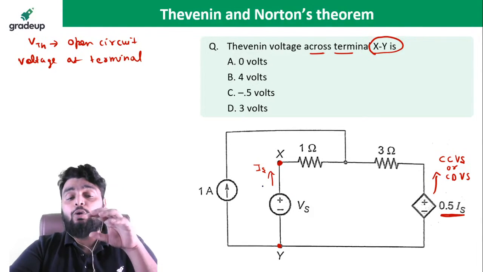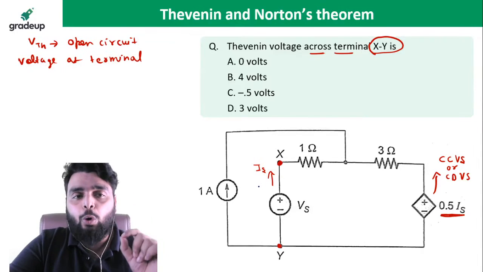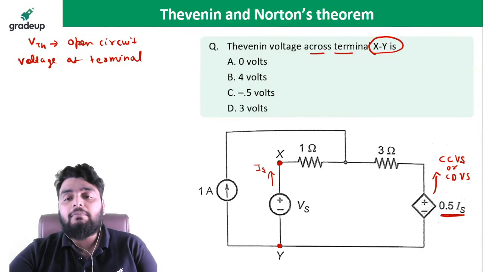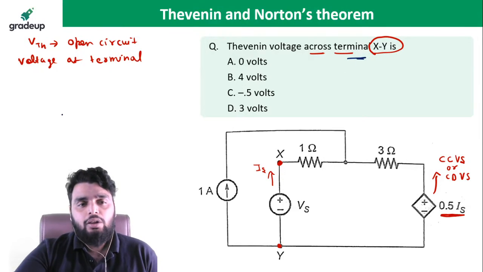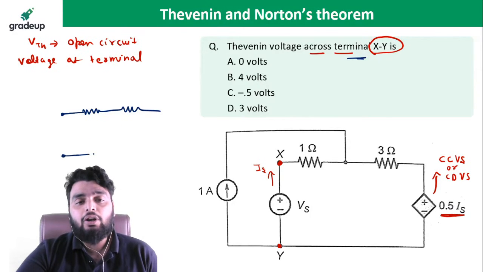Here the voltage source is acting like a load because it is connected to the terminal at which I need to find out the Thevenin's voltage. So what will I do? I just remove the voltage source because it is acting like a load. And see very carefully, this is plus minus